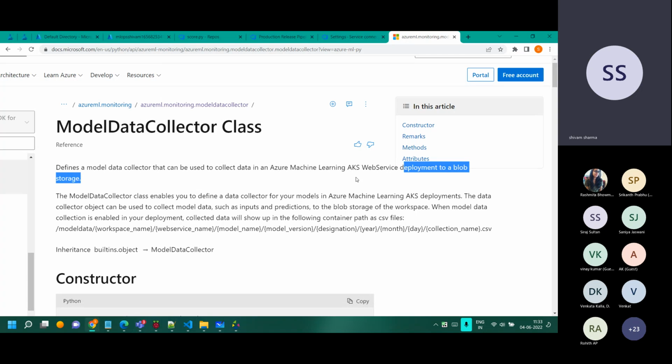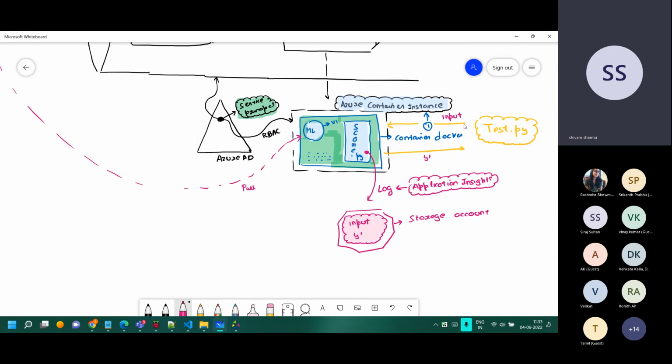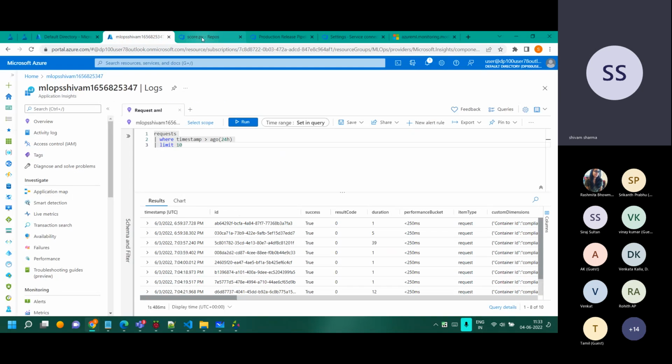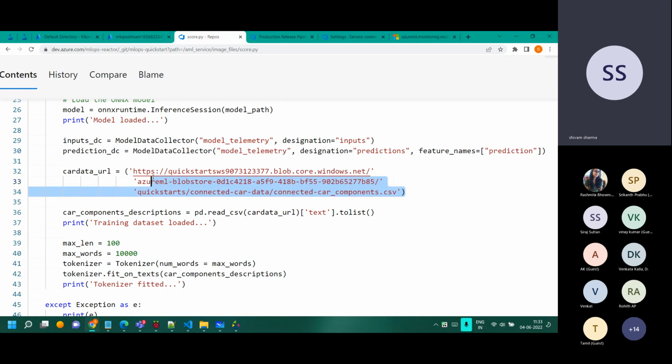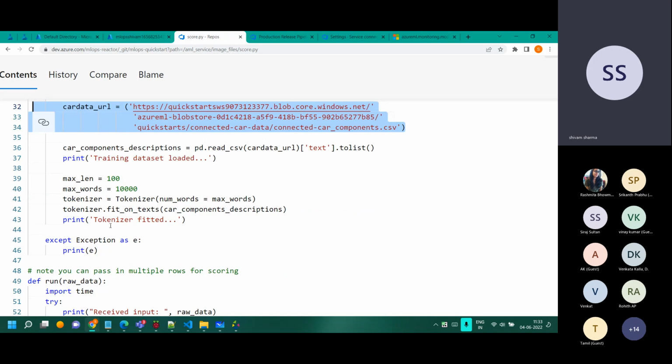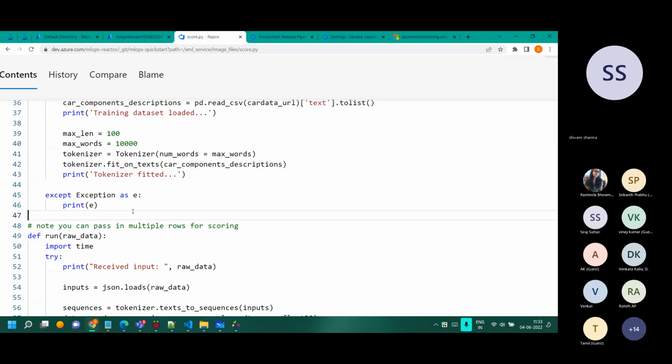And it does it to the blob storage over there. So this is that red line. It logs the input which will come finally in production, and the predictions also. Both of them we are logging over there. So if you see, we have the inputs and we have the predictions also. Both will be getting logged, and we'll call them model telemetry. And this telemetry I'll show you in a few seconds. Now, to create the vocabulary, basically the index for the vocabulary is getting created here.